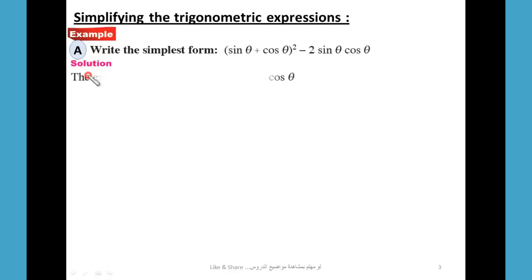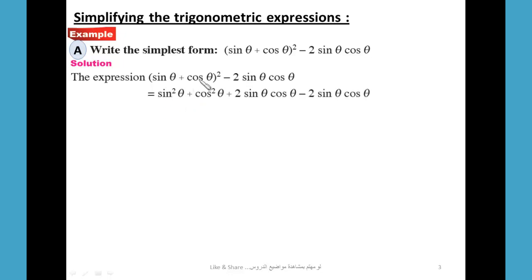Solution: we expand this bracket, it will be sine square plus cosine square plus 2 sine theta cosine theta,